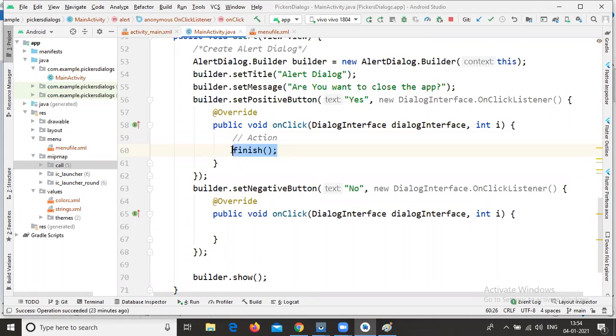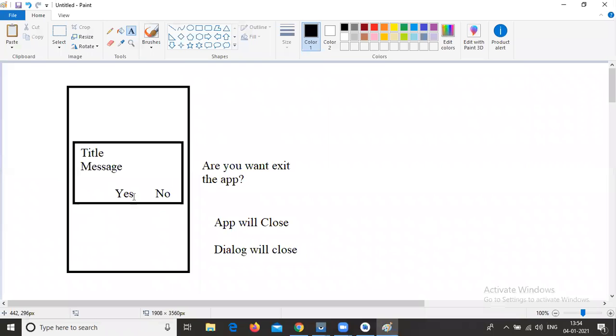If you call the finish method, our app will be completely destroyed and closed. In case you click the no button, only this dialog interface will be closed.